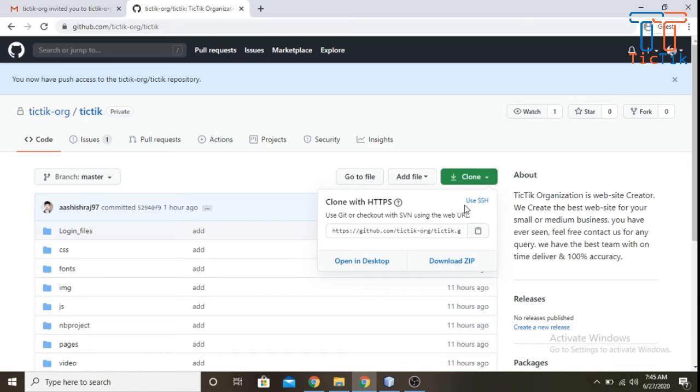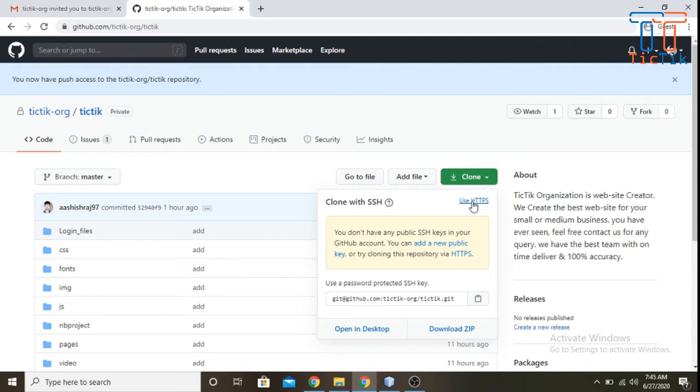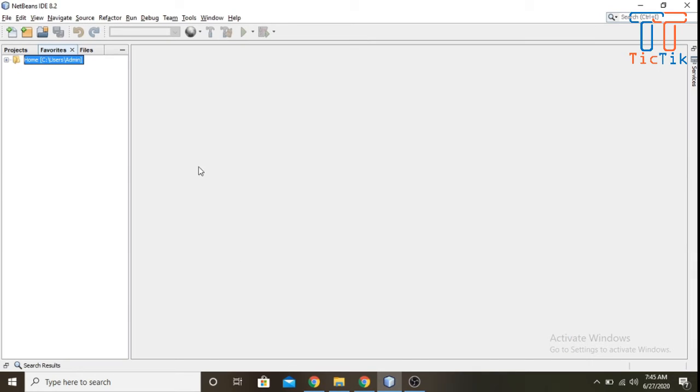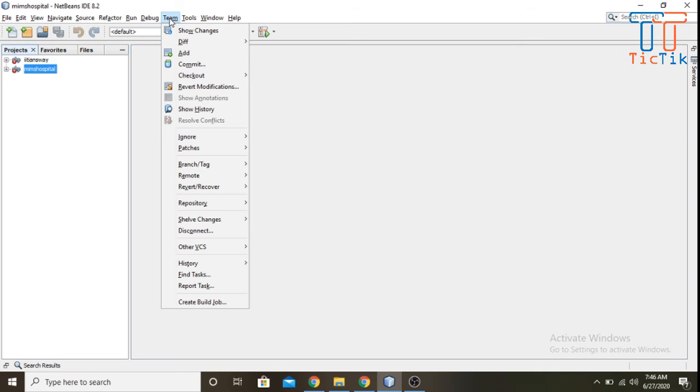So I'm using the HTTPS link, copying this link, going back to the IDE, and you can see there are already 2 projects there. You click on Team, and see there is no option coming for Remote.